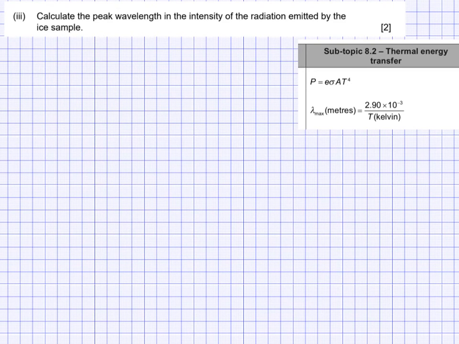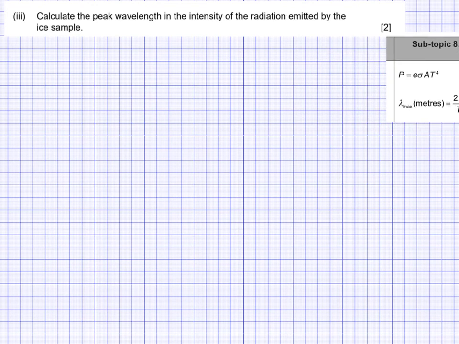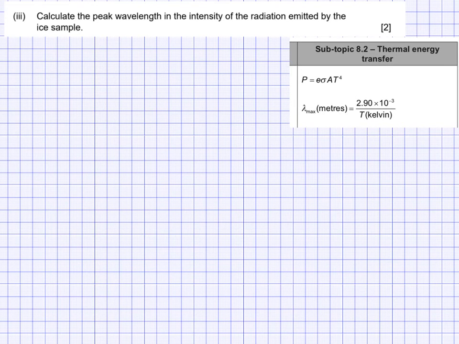Okay, so now we're asked to actually calculate that peak wavelength. So remember this is our relationship, which is called Wien's law. And so pretty straightforward. We're told the temperature at the beginning of the question, we were told that it was negative 20. So the temperature in Kelvin is, well, Kelvin is